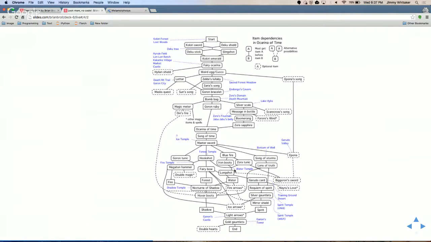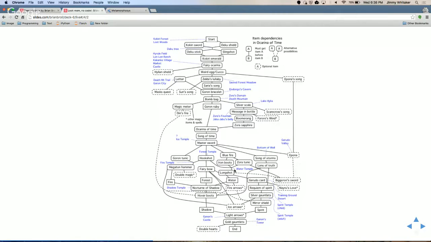So if you go online, you can actually find this dependency graph, which tells from the beginning of the game, in the top there, which says start, and every line represents basically the dependency. So as you see here, it says start. Then after you start, you can get the Kokiri sword and the Deku shield. Both of those are required to get either of these two beneath that. So basically, if I wanted to get the Master Sword, I need the Song of Time, the Ocarina of Time, and I just have to keep walking backwards in this graph.